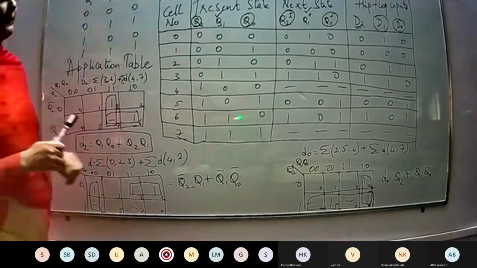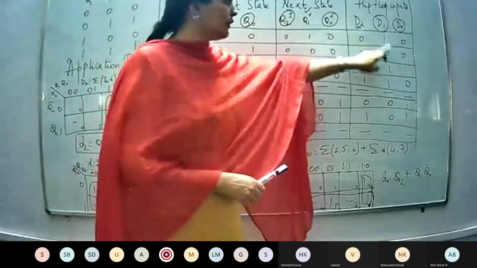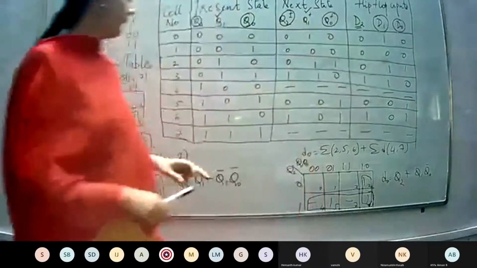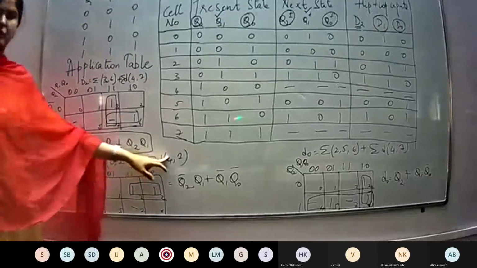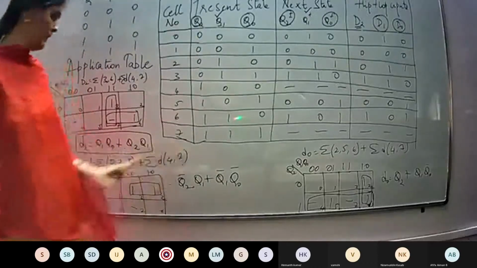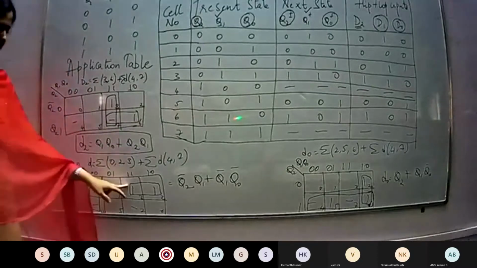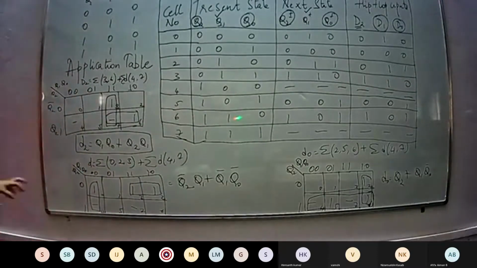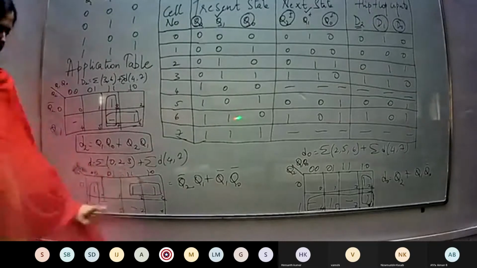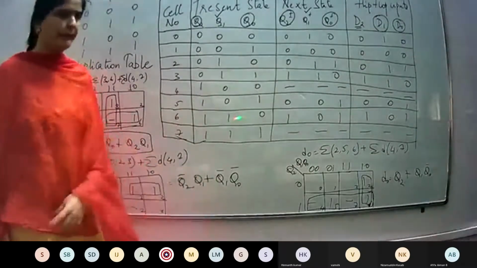Okay. So when I write the K-map for D1, I will check which cell numbers are 1: 0, 2, 3. So 0, 2, 3 is 1. 4 and 7 as usual it is don't care. So I'll put again a 3 variable K-map. I'll place the 1 in the corresponding cell numbers. So after putting, again I will group it and corresponding equation you have to write.